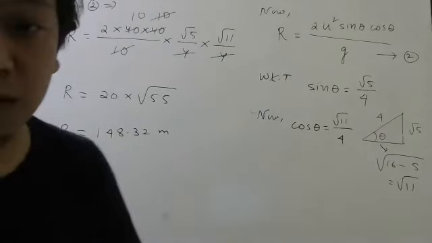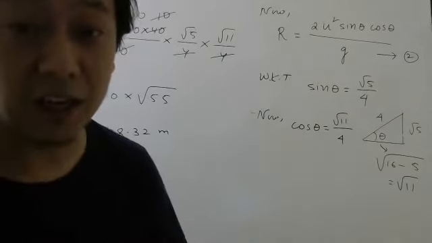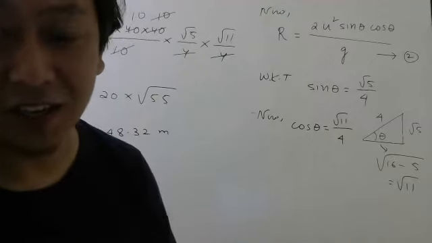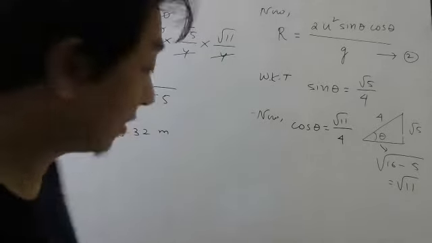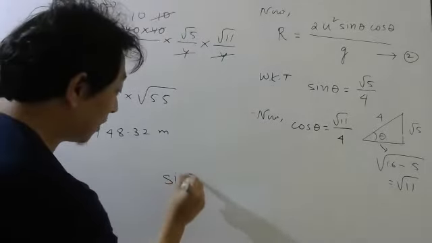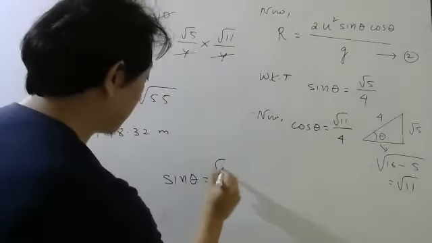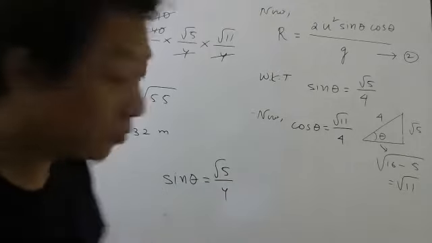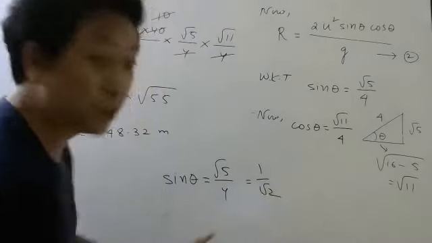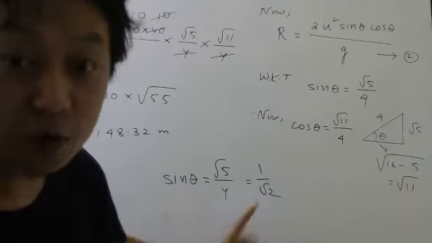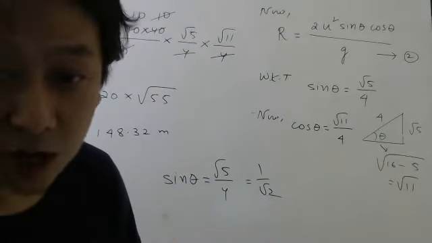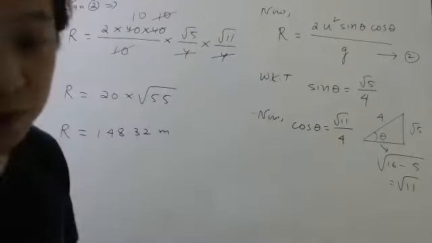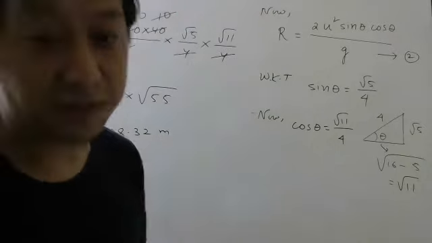So I don't want any one of you to make the mistake of thinking, oh, they want maximum horizontal distance, so theta should be 45 degree, like that. If theta was 45 degree, students, then the value of sin theta which we calculated, what was the value? If theta was 45 degree, we should have got 1 by root 2. Did we get this value? No. So it is very clear theta is not 45 degree. So if you throw at 45 degree, it will hit the ceiling.